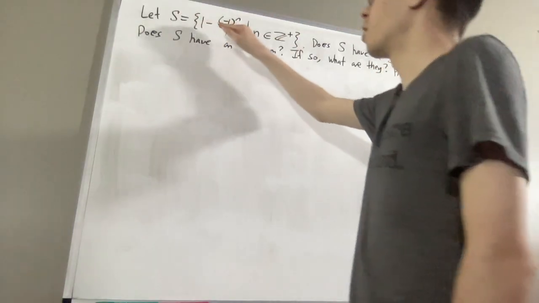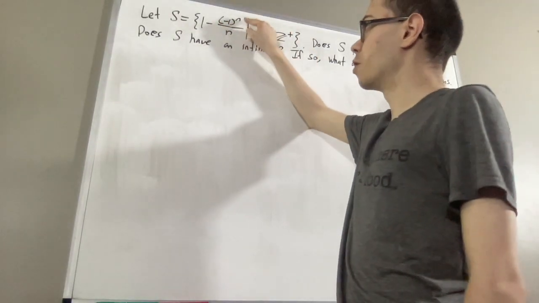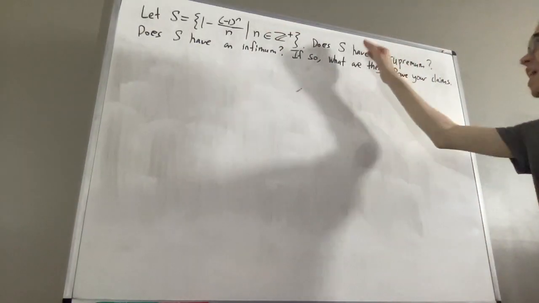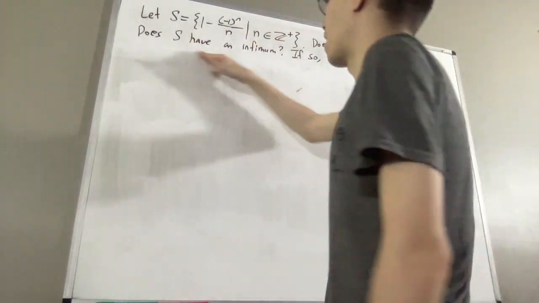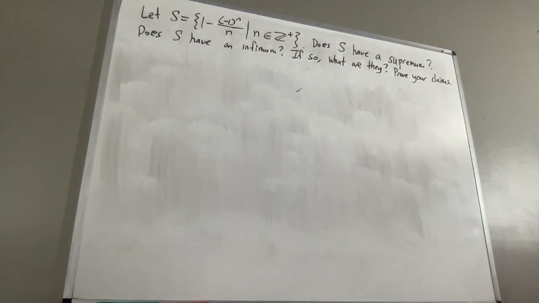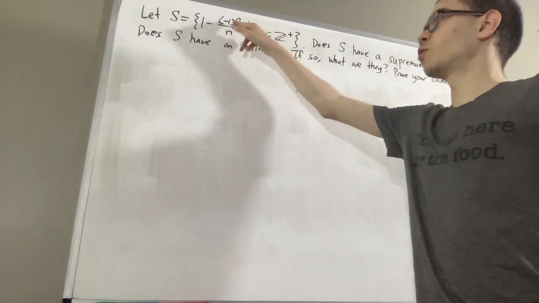Let S be the set of real numbers of the form 1 minus negative 1 to the power of n over n, where n is some positive integer. Does S have a supremum? Does S have an infimum? If so, what are they? Prove your claims. So we know that when we vary n, negative 1 to the power of n is going